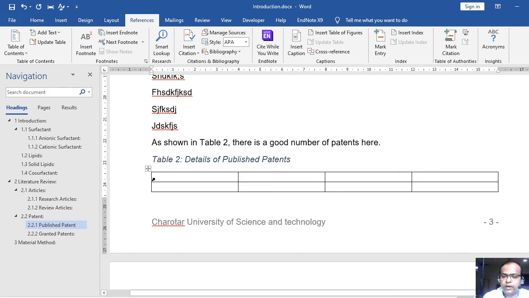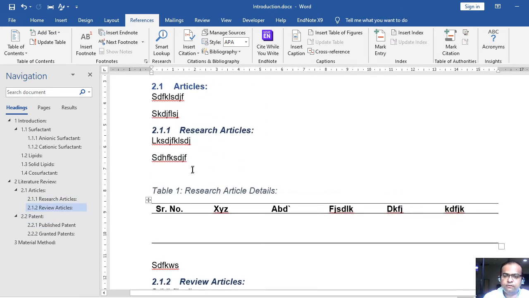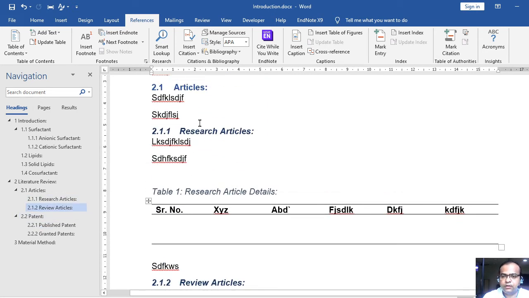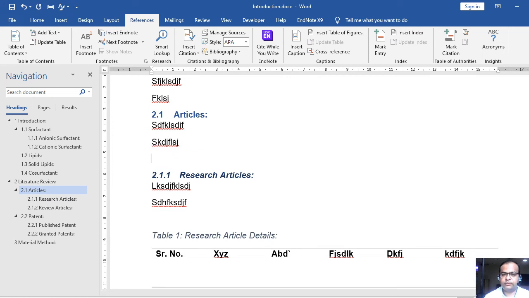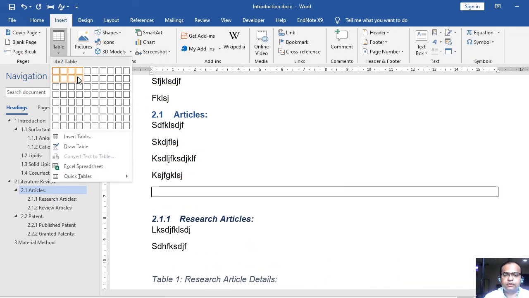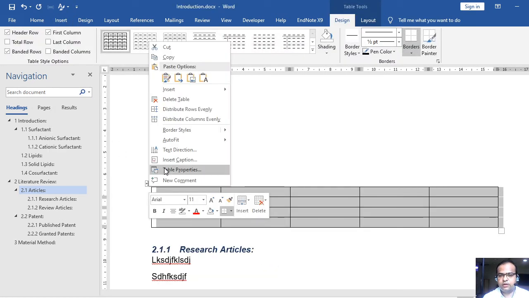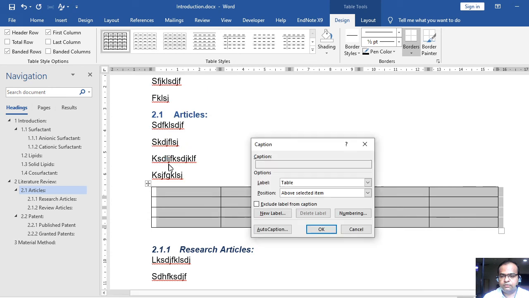Now what happens, why should we adopt this kind of practice? Now suppose before table 1, later on I think I should add one more table here with good data to enhance my presentation of work.